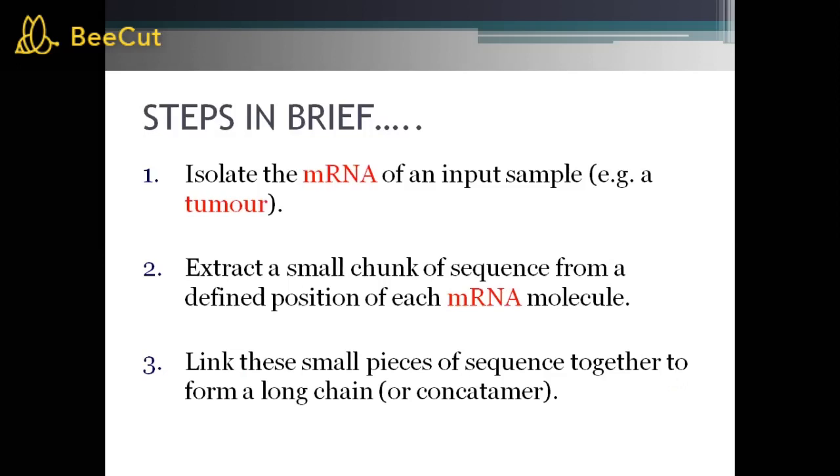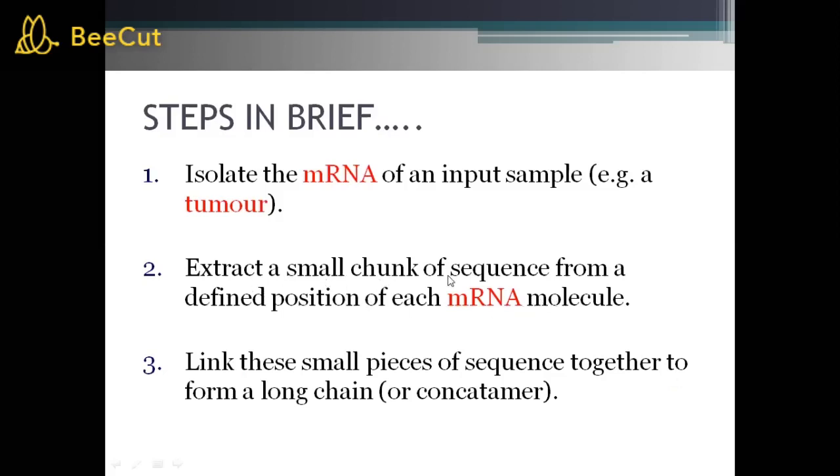Now next, the steps or procedure for the SAGE technique. First, we isolate the mRNA of an input sample, for example tumor cells. Then the second step is to extract a small chunk of sequence from a defined position of each mRNA molecule.